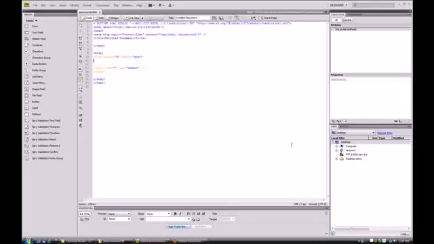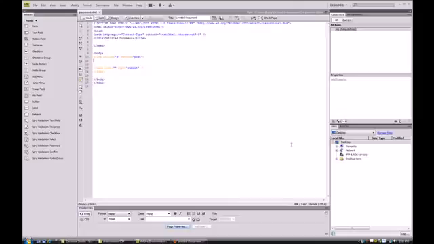What is up? In this tutorial I'm going to go over the Spry Confirm. This is seen often in input forms whenever you are creating a password or creating an account where you have to put in your email. It's seen on either email or password. I don't think I've seen it on very many other